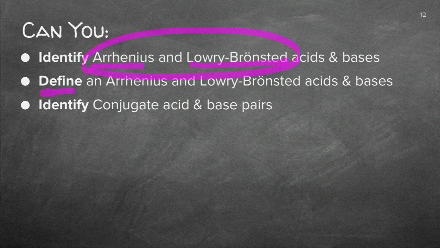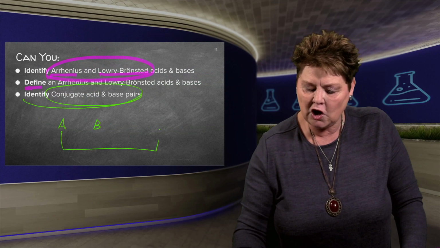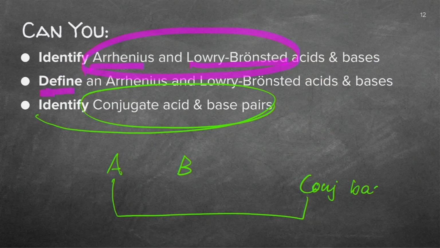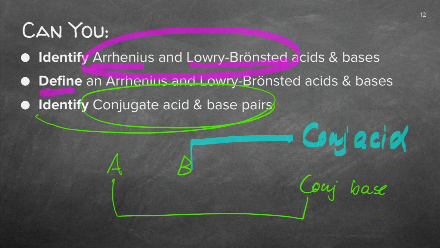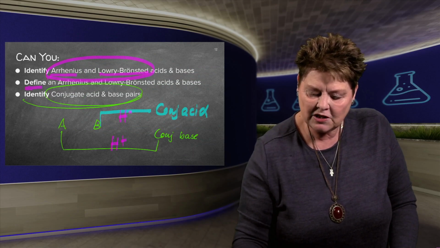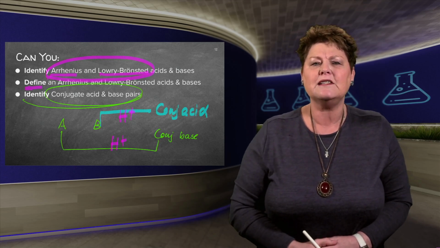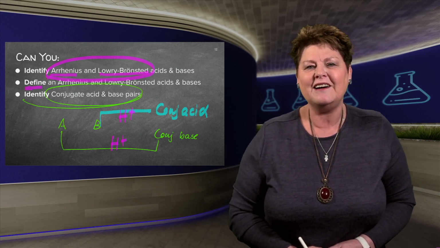And then finally, in this specific lesson, we said, let's identify the conjugate acid and base pairs. The acid and the base, the acid forming a conjugate base, and the base forming a conjugate acid. It's not that difficult. Just bear in mind, in all cases, the difference will be an H plus. So have a look at that, enjoy, practice it on a piece of paper, do a few exercises so that you can get all your marks.